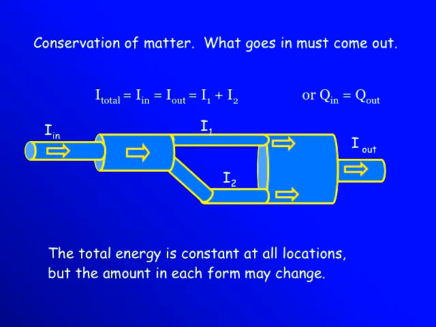Current would be stuff per time, volume per time in this case, volume of a fluid, perhaps volume of water per time. It is not the same thing as speed. It's stuff per time, not distance per time, which is what a speed is. Current is a stuff per time, a volume in this case, of fluid per time.